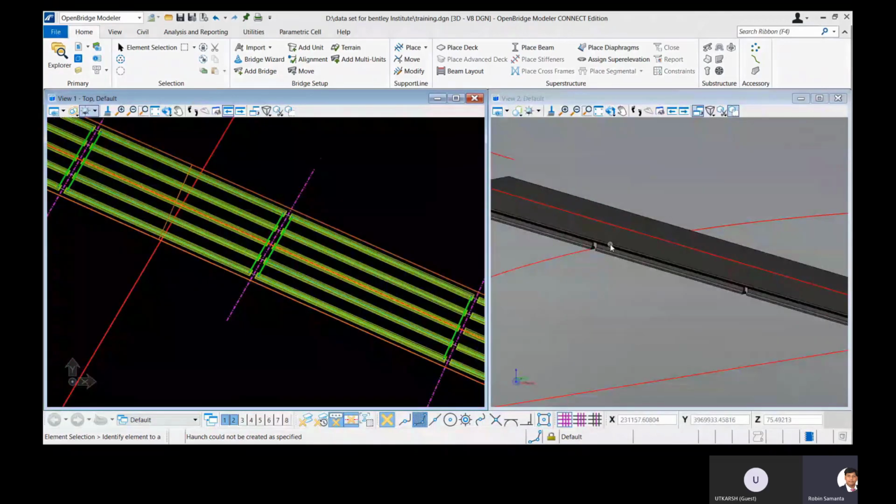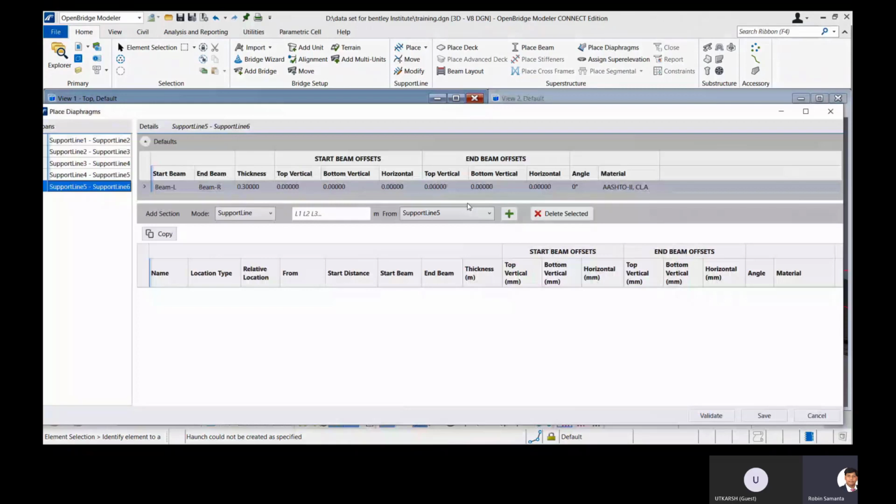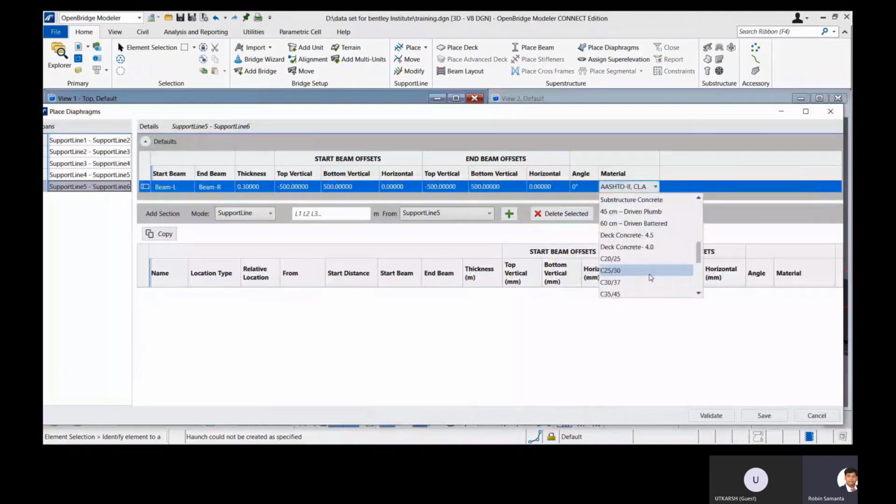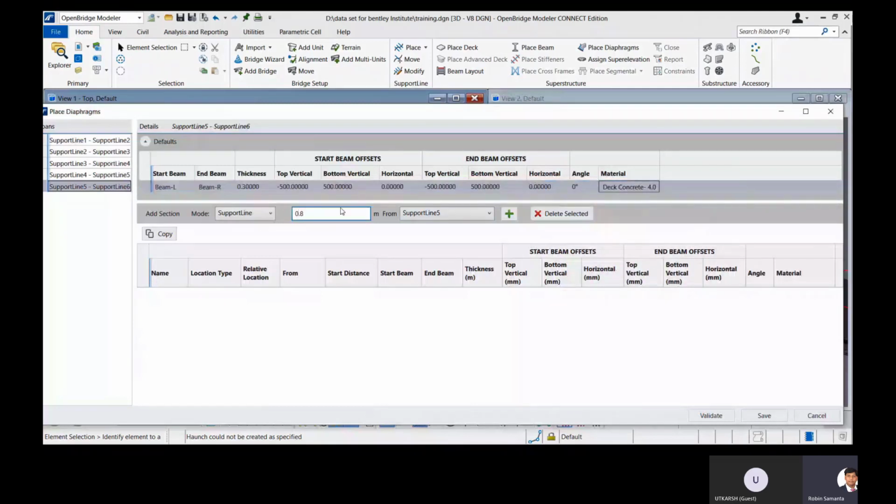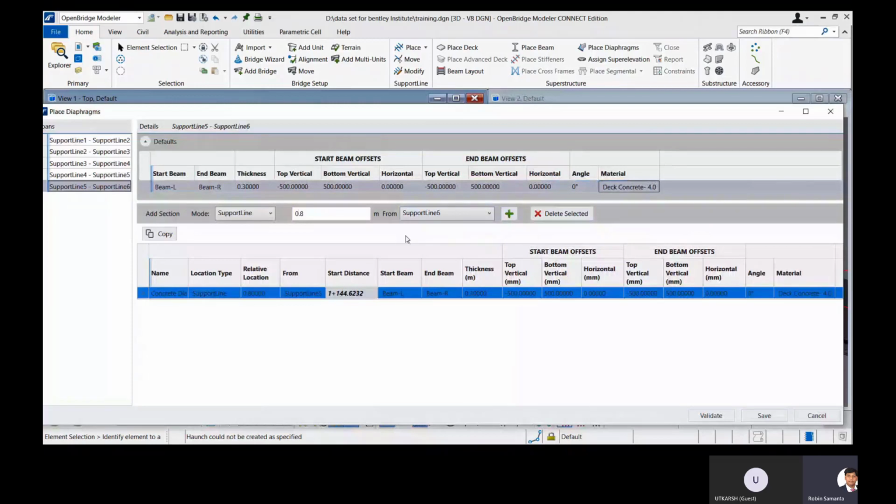So let's place the diaphragm for span 5 quickly. So here select span 5. Similar way we need to use the offset, or as you can see, you can change those diaphragm sizes anytime. So all these are defined individually. So individual diaphragm sizes, placing, offsets from top to bottom, and the horizontal you can change anytime. So individual diaphragms will take care of individual dimensions. So you can anytime change those. It's not an issue.